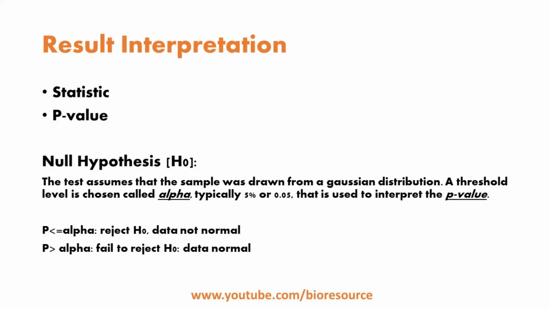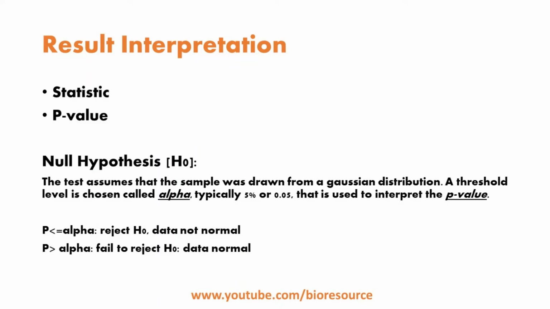A result above 5% does not mean that the null hypothesis is true. It means that it is very likely true given the available evidence. And the p-value is not the probability of the data fitting a Gaussian distribution. It can be thought of as a value that helps us interpret the statistical test.